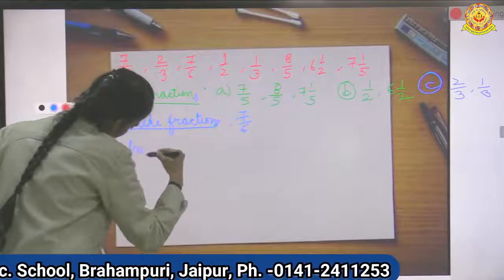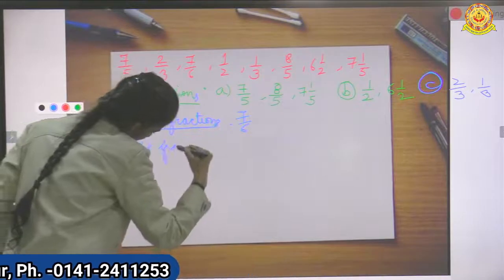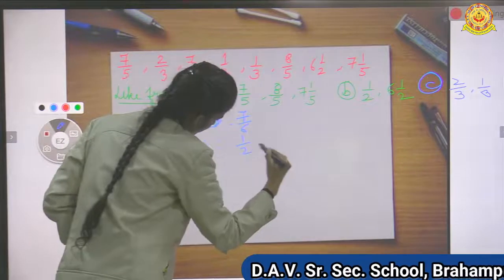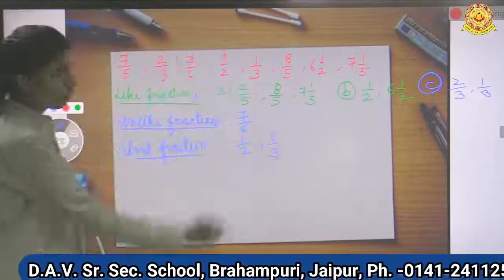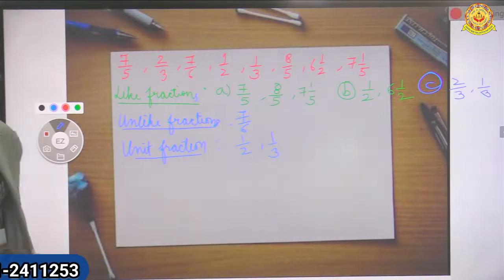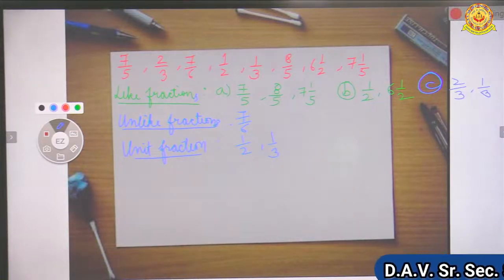Unit fraction: 1/2, 1/3. 7, no, that will not be, because the numerator will change. On converting it, we will have the numerator different. Okay. After this,